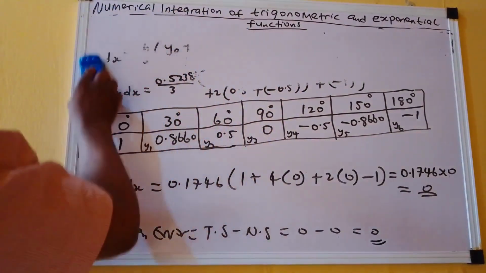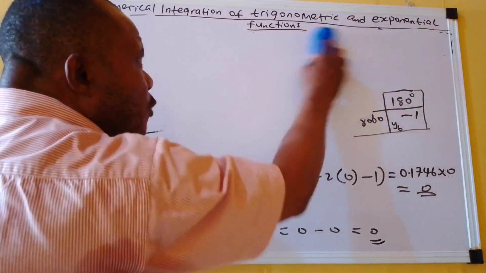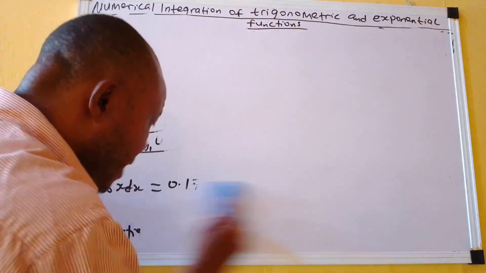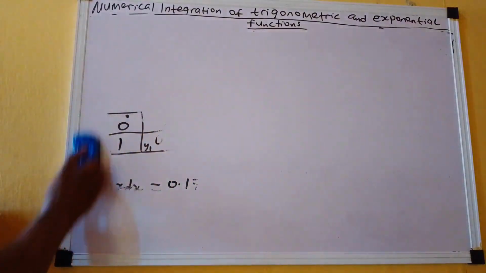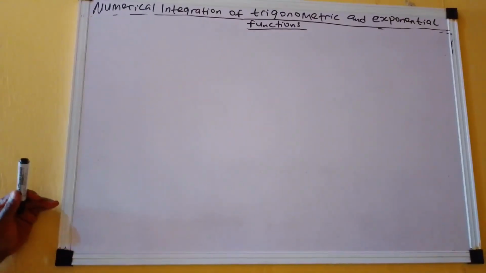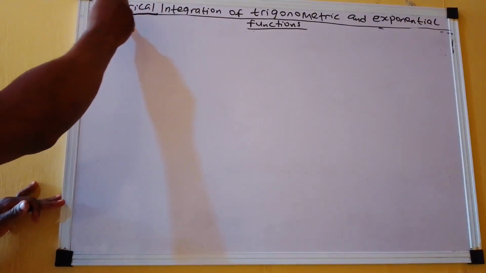We will first carry out the integration using the true method of solution, or the exact method of solution, to get our true result. Then we will take 1 or 2 or 3 numerical methods to carry out the analysis and see how